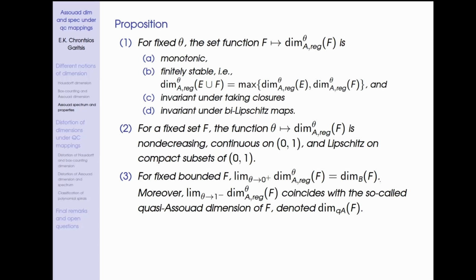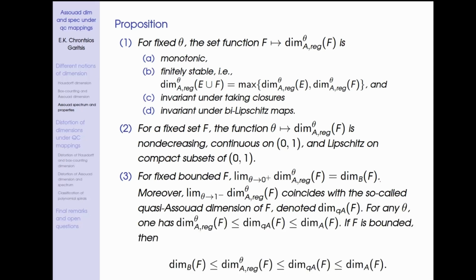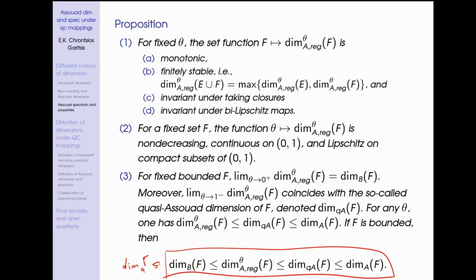I don't want to say too many things about the quasi-Assouad dimension since we won't be using it. And for our purposes, for the rest of the talk, the limit theta going to 1 will be the Assouad dimension. But for the sake of completeness, I will write this inequality involving all of the dimension notions so far, plus the Hausdorff dimension, which is the smallest one of all of them. So we have the Hausdorff dimension being less or equal to the box counting, being less or equal than the theta spectrum, less or equal than the quasi-Assouad dimension, less or equal than Assouad dimension. And as we saw, we have strict inequalities for all of these.